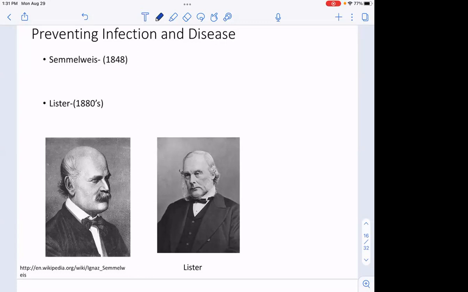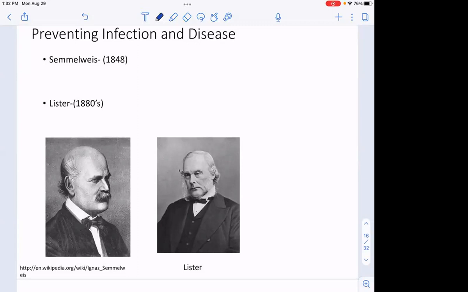So Semmelweis said, well, there's something in those cadavers that's making the mothers ill. They didn't really understand what it was. And because they didn't really understand what was causing those mothers to become ill, this wasn't well accepted, even though he documented it. But people took note of it, and John Lister, about